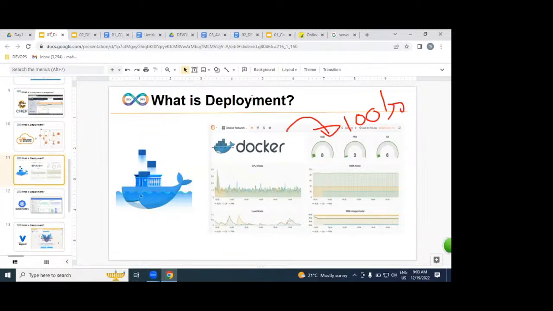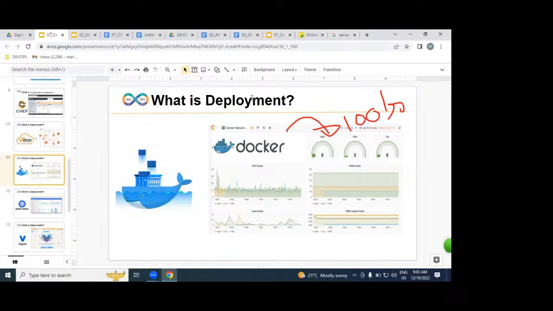Understood very clearly? How much cheaper? For example, packaging you want to buy for 10 rupees. Is it cheaper? Same quality, same fan, but 10 rupees. Same thing here. So for getting servers, instead of spending crores of rupees, we can deploy our application with a minimal cost by using Docker.